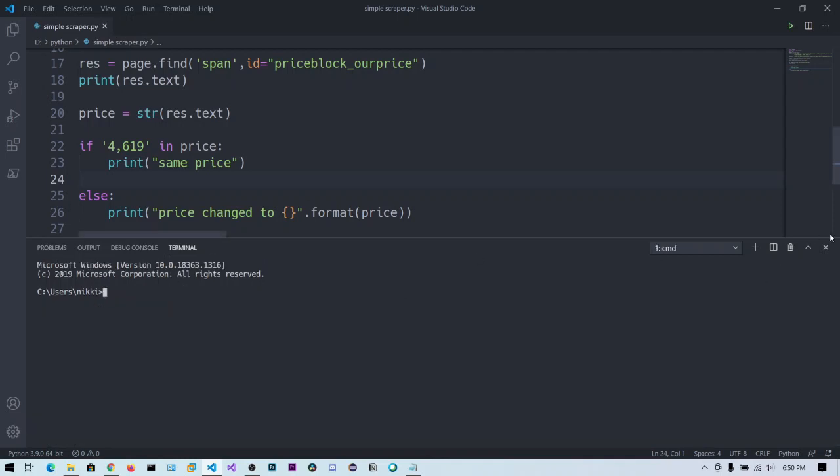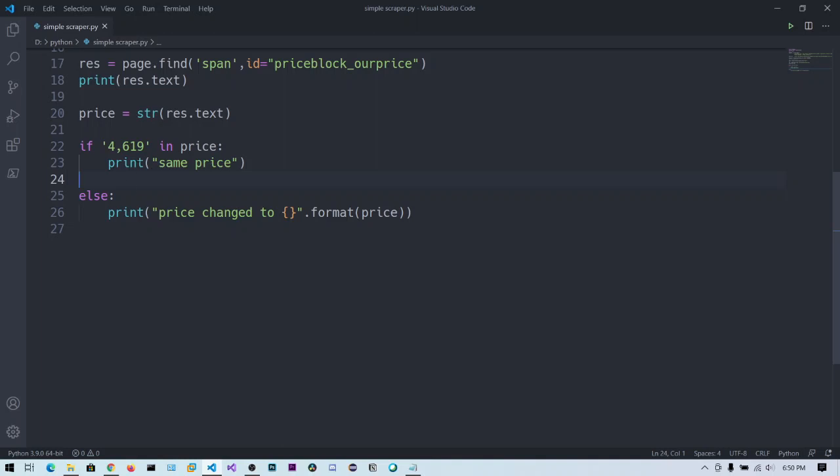Now, how do we send the mail whenever the price is changed? You can normally Google about sending email using Python. I'm not going to show you how to send email in Python, because we need to log in, you need to keep the login credentials separate, and also you need to enable less secure apps. So I will leave that task to you.